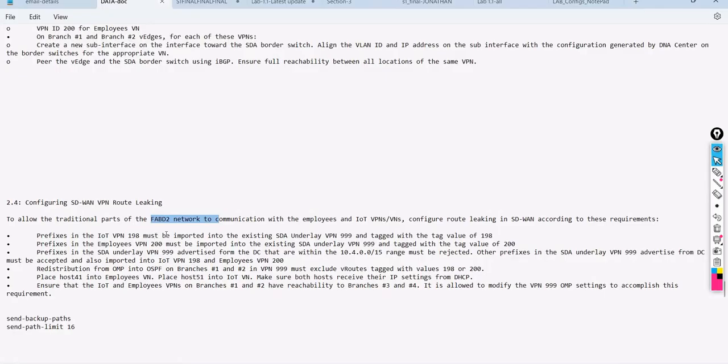Prefixes in IoT VPN 198 must be imported into existing SD underlay VPN 999 and tagged with a value of 198. So there is a VPN 198 which should be imported into 999 and it should be having a tag value of 198. Prefixes in employee VPN 200 must be imported into existing SD underlay VPN 999 and tagged with a tag value of 200. So there is a VPN 200 which should be imported into 999 and it should be having a tag value